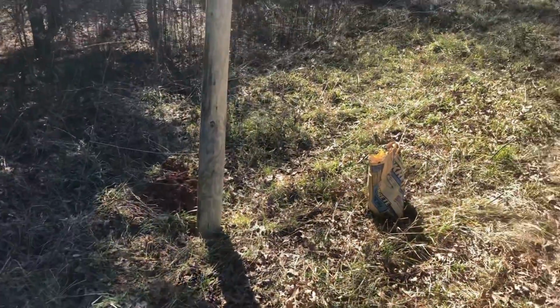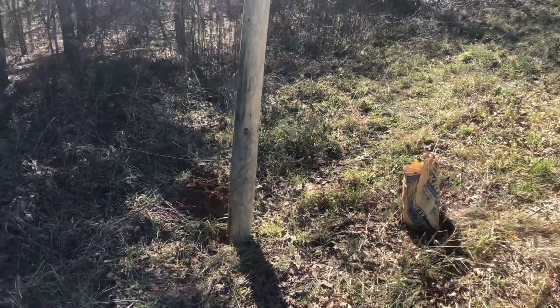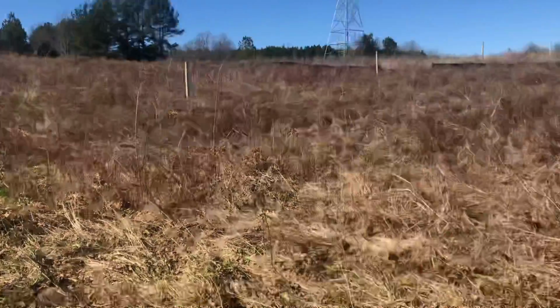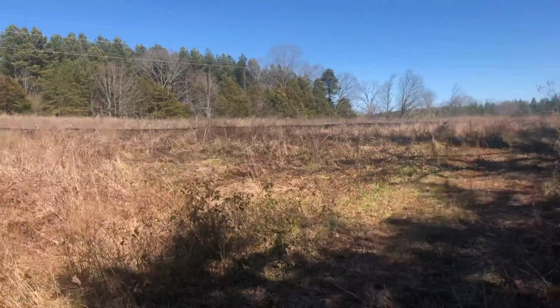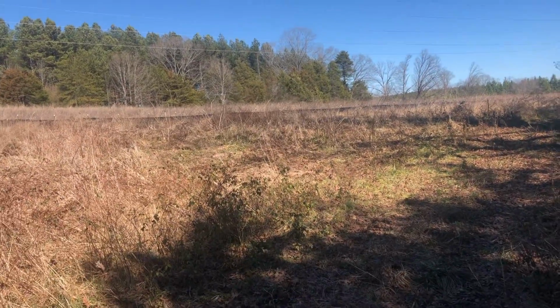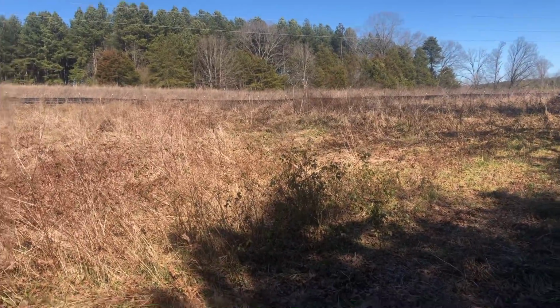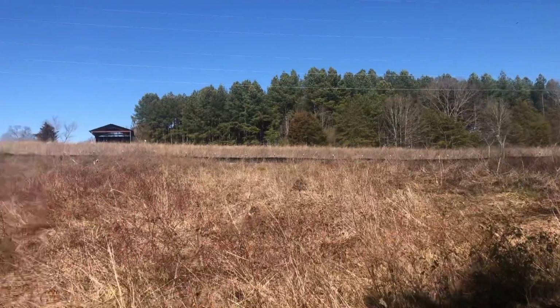Got my last bit of concrete going in this hole. I think these are 4-inch by 8 foots. I think when I go back and get more, I'm gonna get the 3.5 by 6 for the run, because I think it said 3.5 by 6.5. They get me right at 4 feet above the ground. I'm going 2 foot deep with the holes, and that'll give me enough. These are just too expensive,